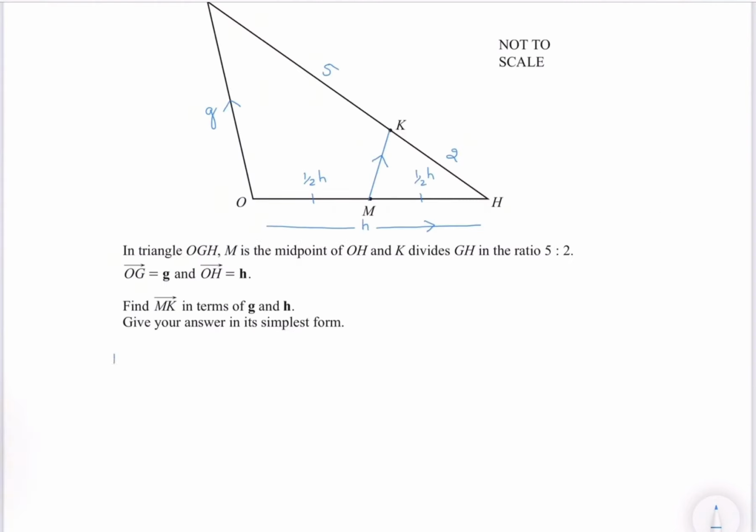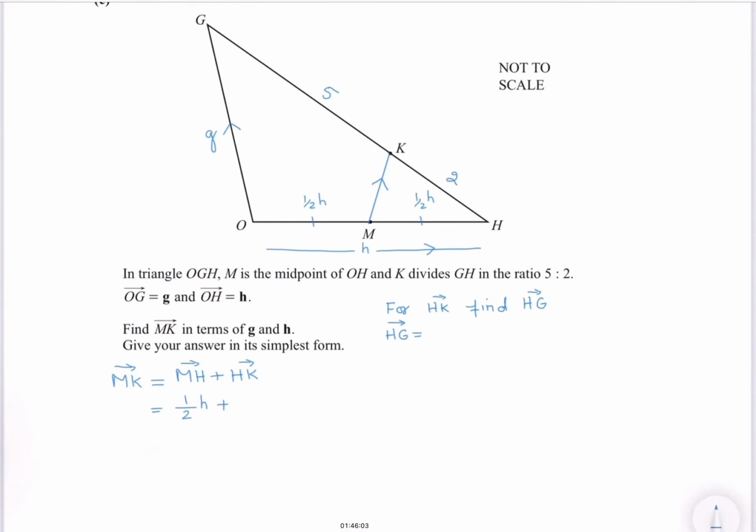In this question, the triangle is OGH, M is the midpoint of OH and K divides GH in the ratio 5:2. I have put the ratios on the line. OG is G and OH is H. Find MK in terms of G and H. Give your answer in simplest form. So MK, can I write MH plus HK? Now MH is half of H. For HK I have to find